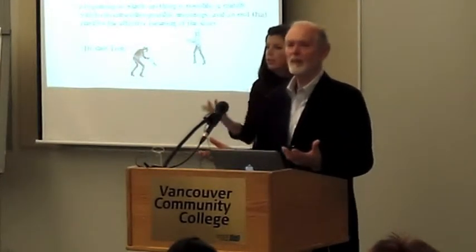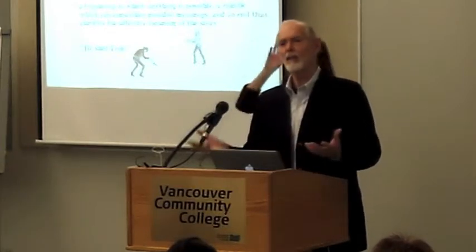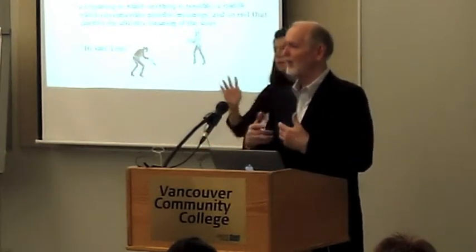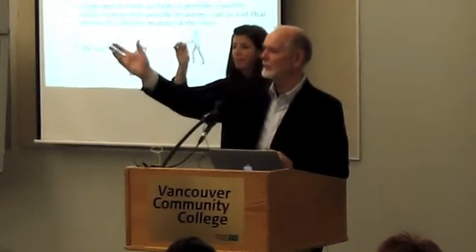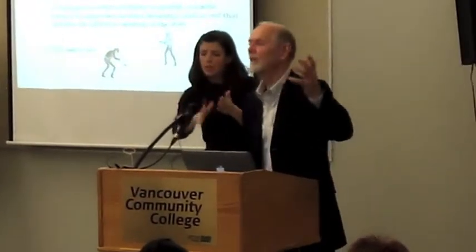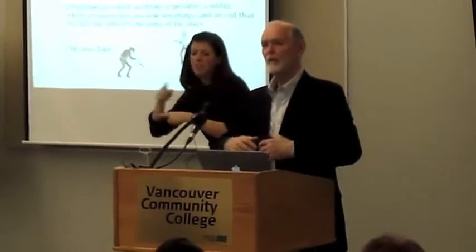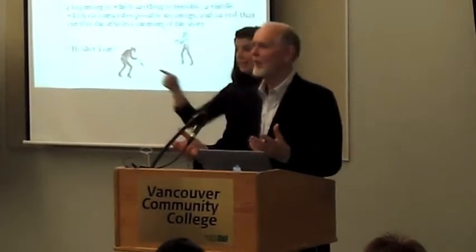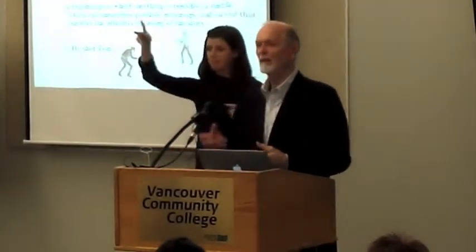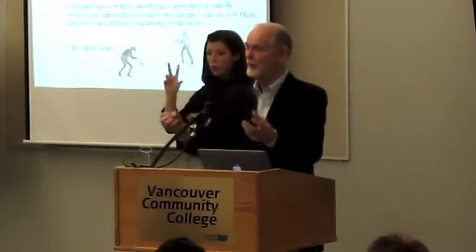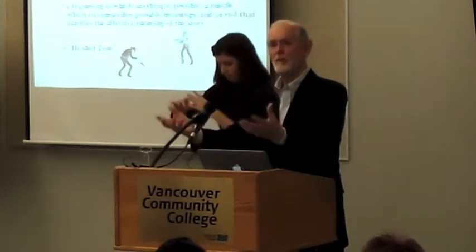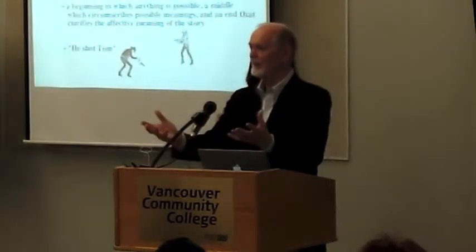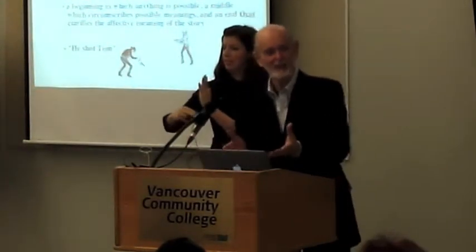Now, the story needn't be once upon a time, but if you think of the way the newspaper editor says to the journalist, can you go and find out the story about the bridge collapse or the story about the fire downtown? They're not saying to the journalist, go out and make up a fiction about this. They're saying, find out what are the facts and the events and the important features, and then put them into a form that makes it have the most emotional impact on our readers. Okay? So that's what we are suggesting is meant by the story.